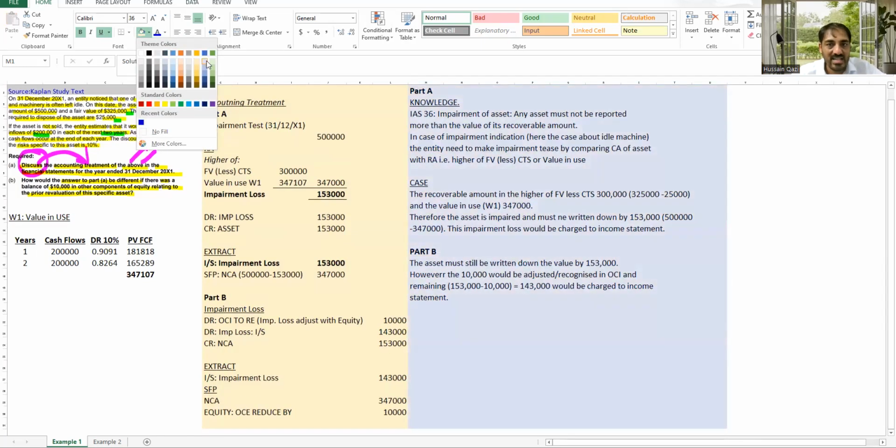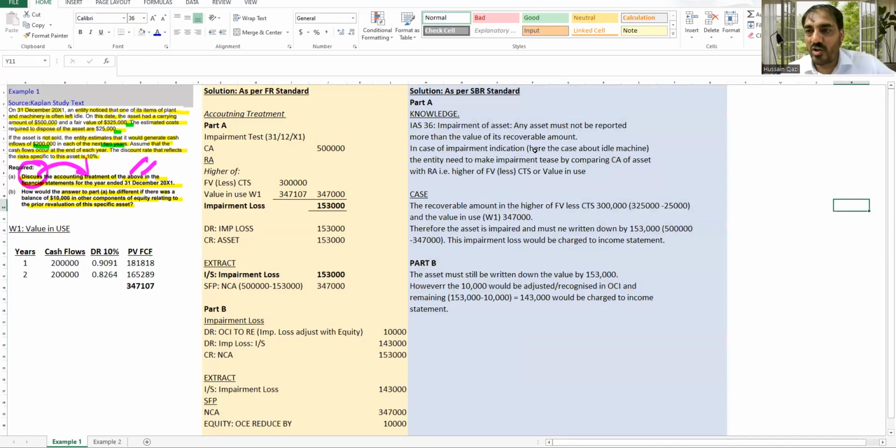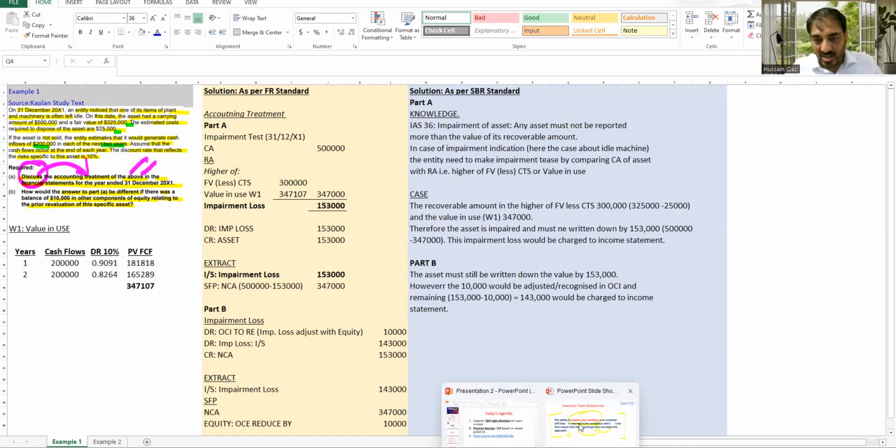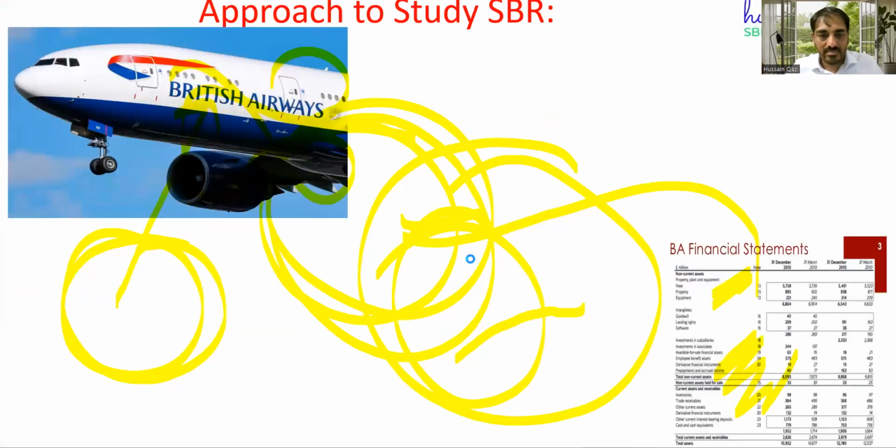And I hope that in future you will obey my advice that, sir, we have to work out the things accordingly. So candidate, this is what the direction I have provided to you, how to start your preparation accordingly. The first thing I've started today with the SBR talk, that is about